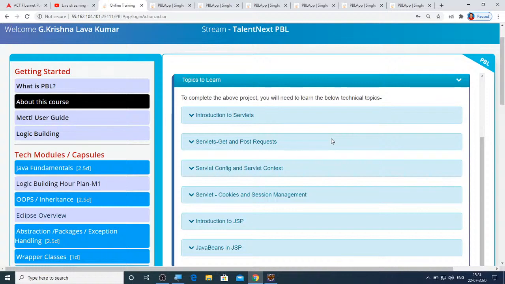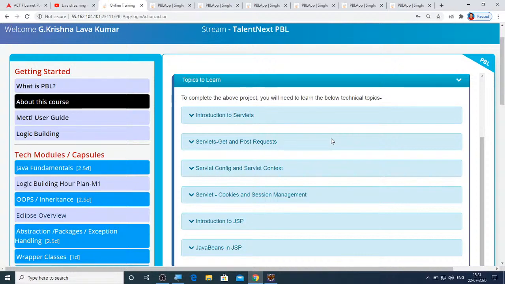And lastly, destroy. This is also invoked only once. So init and destroy are the two lifecycle methods that get invoked only once during the life of a servlet, whereas the service method will be invoked depending on the number of times the client is making a request.